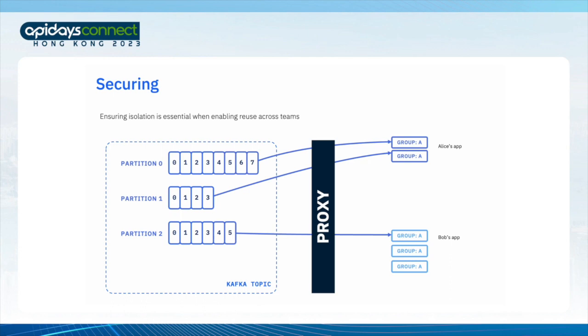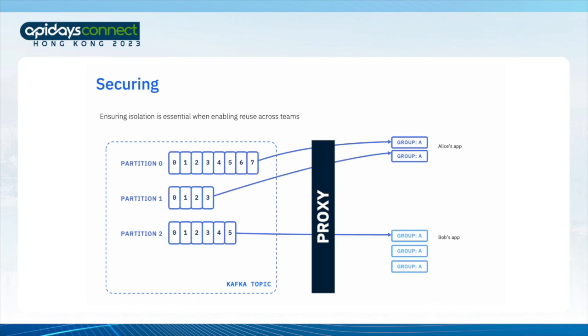The Kafka cluster would assume that all of these instances were part of the same overall application. It would distribute the events from the topic amongst them. So maybe Alice's app instances would get 2/3 of the events on the topic. Now, as far as she'd be concerned, her app is receiving events. She might never even notice or realize that her app is missing out on some of the events.